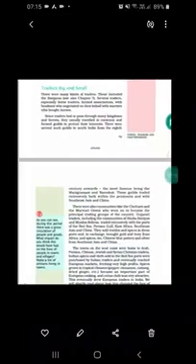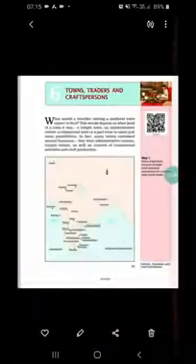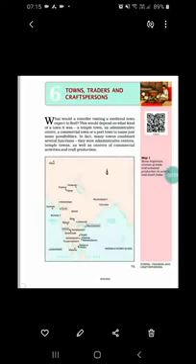Good morning, students. Today we are going to revise chapter 6 from your history book, that is Town, Traders and Craftsperson. In this chapter, we are going to revise the main types of towns we had and the different kinds of trades which were prevalent in Indian society. We will study in detail about the craftspersons. So let's begin with the reading of the chapter, and along with that, we will do the explanation part.